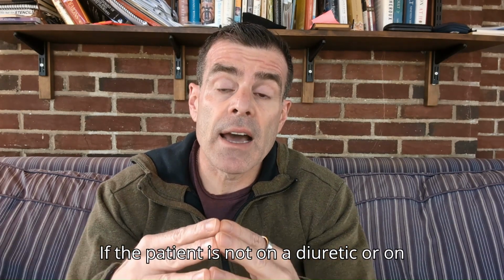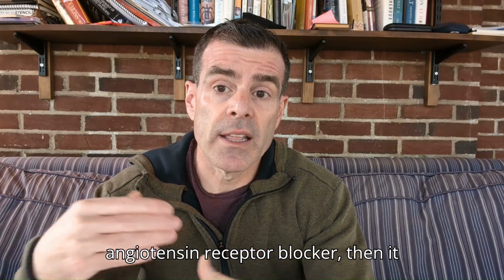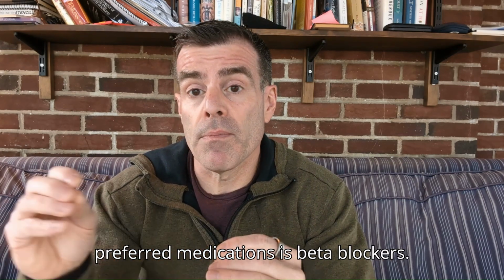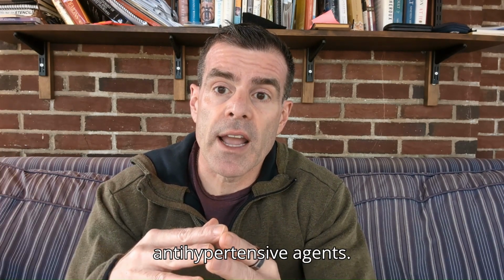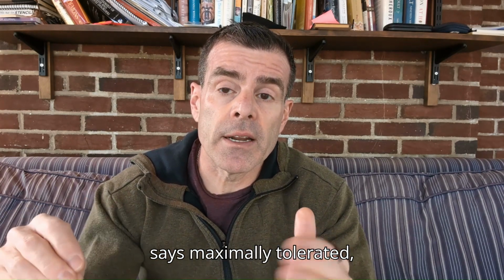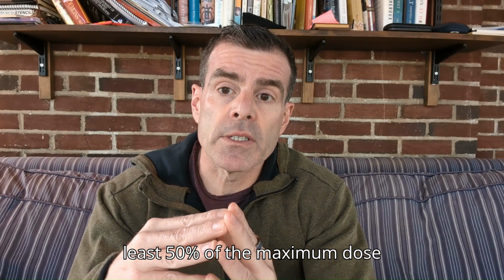If the patient is not on a diuretic or on 2 medications of a similar class, such as both an ACE inhibitor and an angiotensin receptor blocker, then it cannot really be classified as resistant. Also note that not on the list of preferred medications is beta blockers. Beta blockers are considered 5th-line antihypertensive agents. The doses of these medications should also be adequate. The definition says maximally tolerated, but practically the dose should be at least 50% of the maximum dose to consider